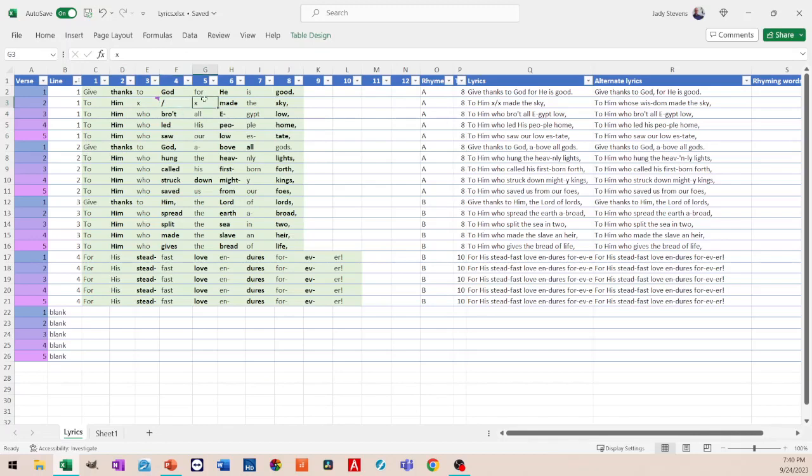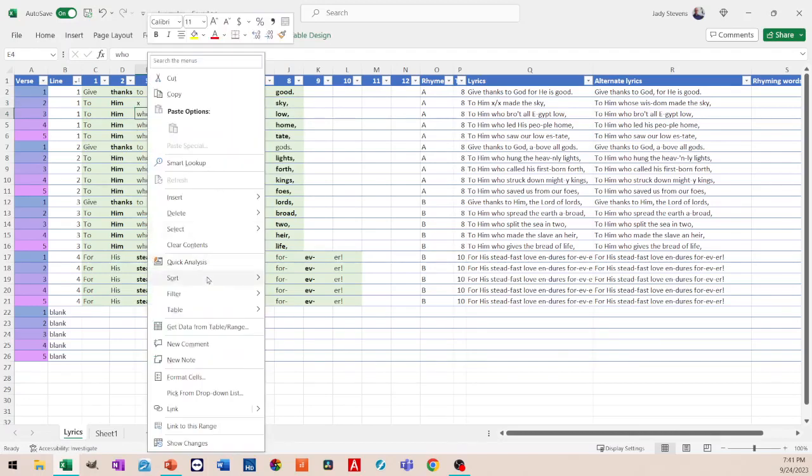In verse 2, line 1, I can see that I need 3 syllables to fill in here. To him, something who made the sky, and figuring out what to say there. Who wisely made the sky, and so you can go in, you can add a note, come in, right click,